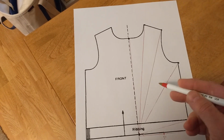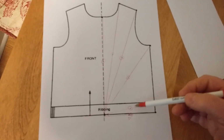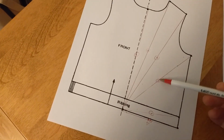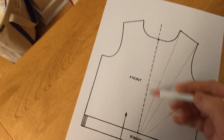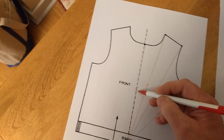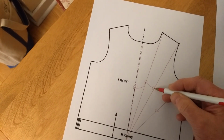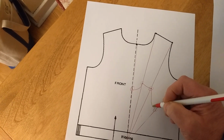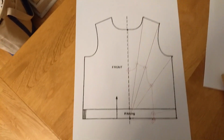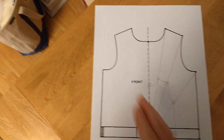And I'm going to mark the rest of these each at halfway, and then I'll come back. Okay, so now I've measured so that I know where each of these lines is at the halfway point. And then I just connect each of those lines in the same shape as the shape of the pattern. So I would just draw that by hand. Okay, so this small part in here, this is 1/2 scale of your pattern, and it's only 1/2 of the